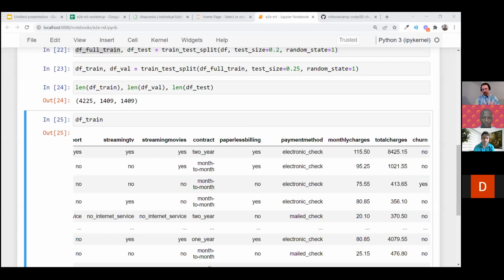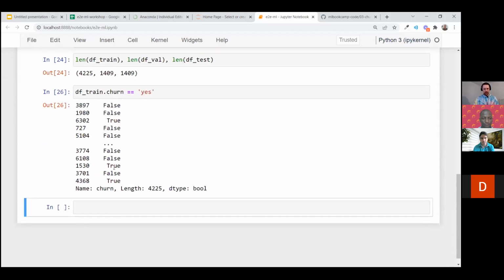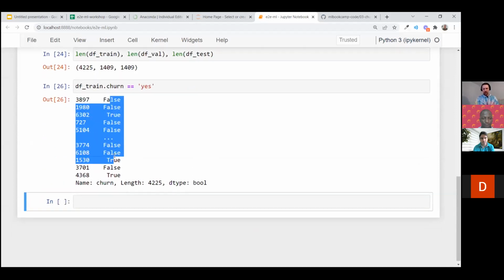But here we have yes and no, right? So this is not something we can put in a machine learning algorithm because it expects a vector with only zeros and ones. For that, what we can do is select: if a record's churn equals yes, then it's true. Otherwise, it's false. So we'll have a series, like a vector